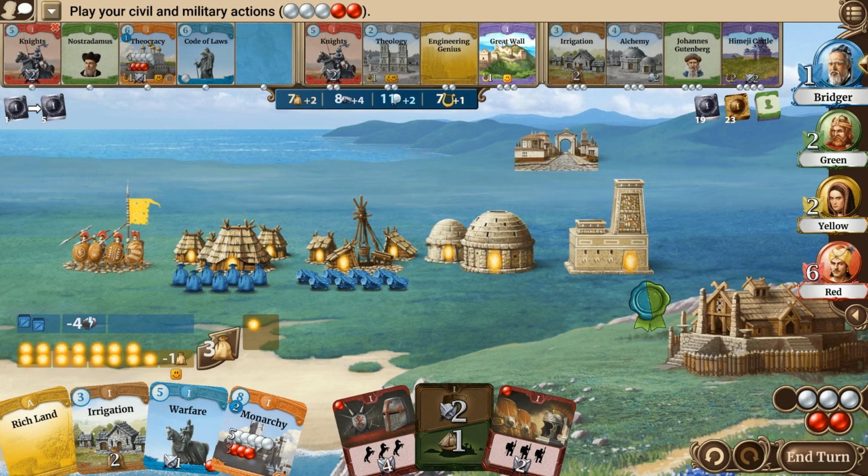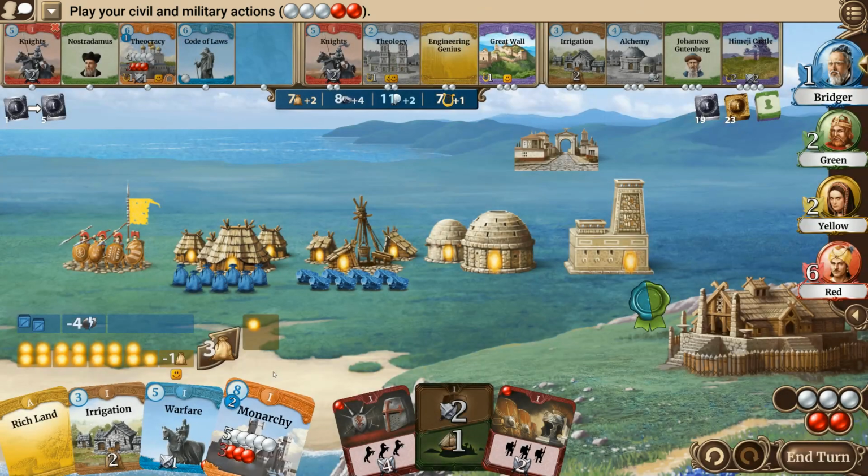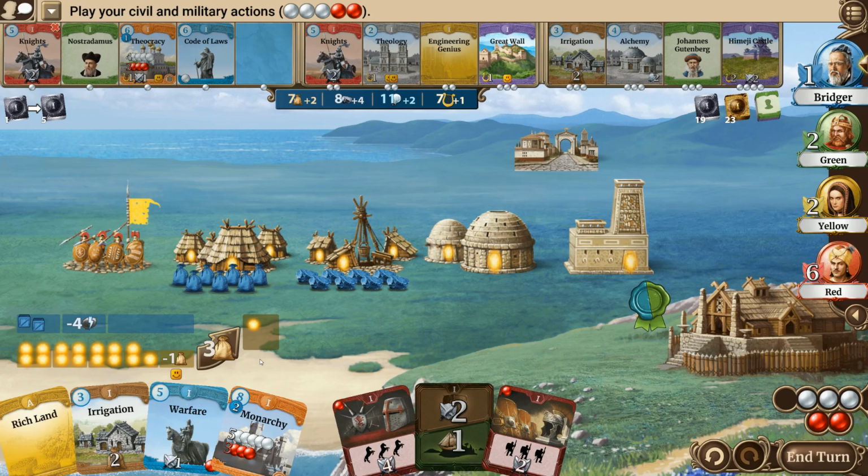The Great Wall would get rid of some of our resources, but it would cost us all of our civil actions to get. So that's a no-go. That's definitely a no-go. Here's what I'm going to do. I'm going to increase my population because that costs us 3. So that helped us a little bit on spending resources. Here's the thing about